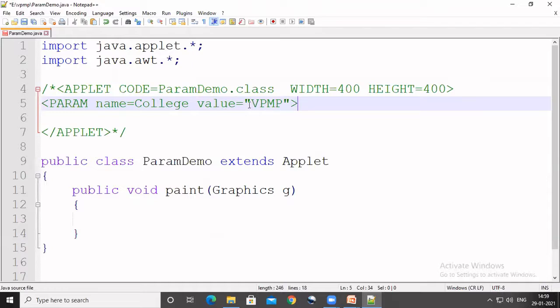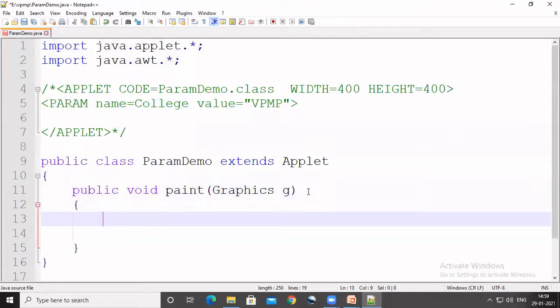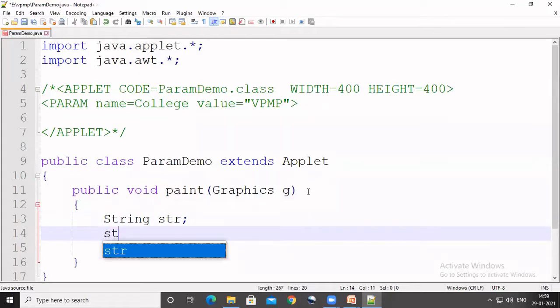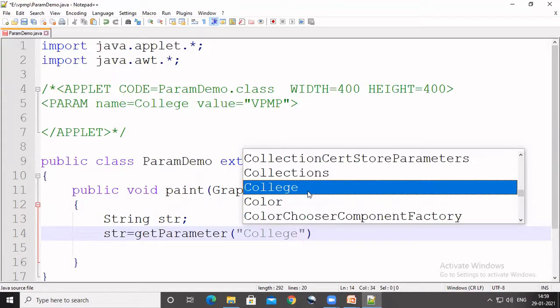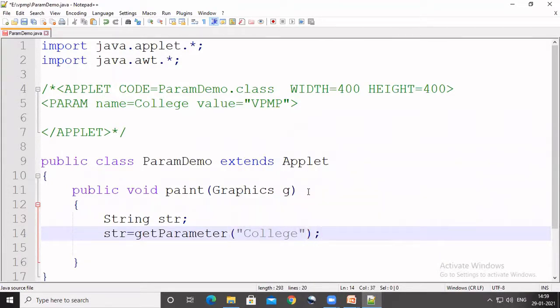Now I want to use this VPMP value in my applet program. For that I declare one variable, the variable name is str, and its data type is String. Now, using the getParameter method, we get the value of college here. The getParameter method has one parameter and the parameter type is String.